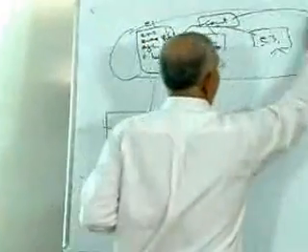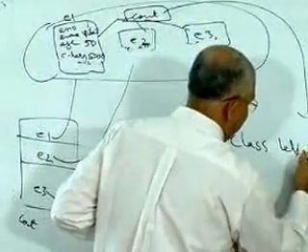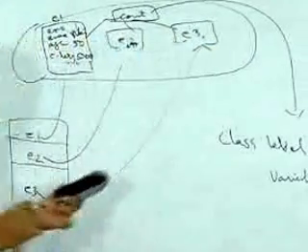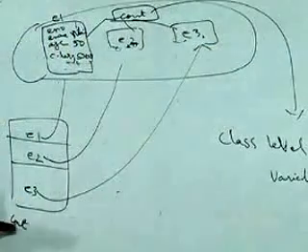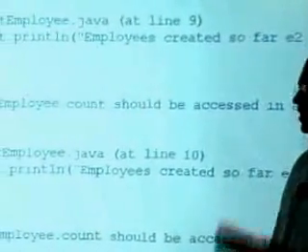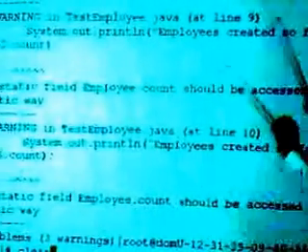It is a class level variable or also called static variable. So count is a class level variable. It belongs to the class. And since it has that characteristic, normally we would request it to be printed using a class. But it is not wrong to print it using an instance reference also. This is not wrong, but we will make the error disappear after we do this. So right now focus on count being a shared variable. That's it. So let's see what answer we get when we run the TestEmployee.